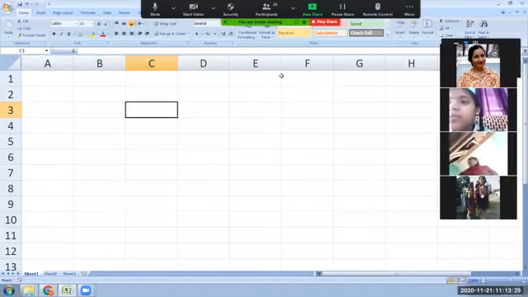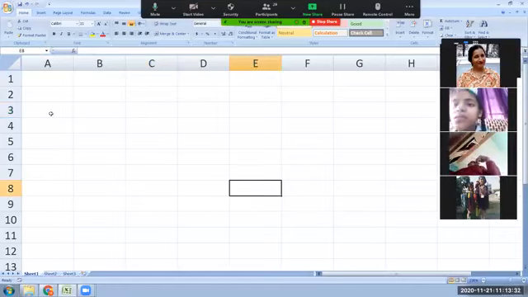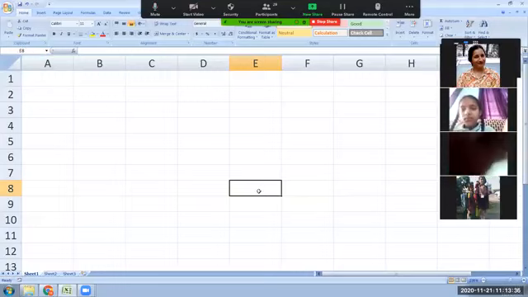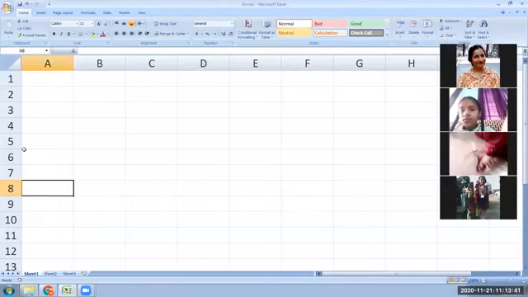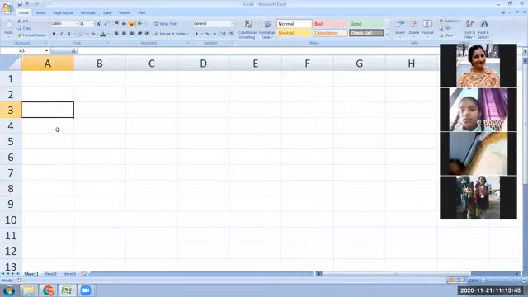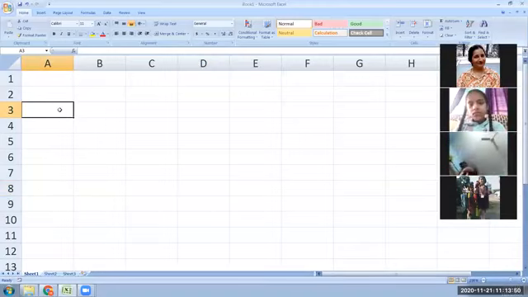C3. Okay. Now, if I click this cell, the name box changes again. What is displayed in the name box now? E8, right? So this dark boundary tells you which cell is active. Whatever cell you click on gets a dark boundary around it and its address is displayed in the name box. And in the cell which is selected, or which has a dark boundary around it, typing will be done in that cell only.